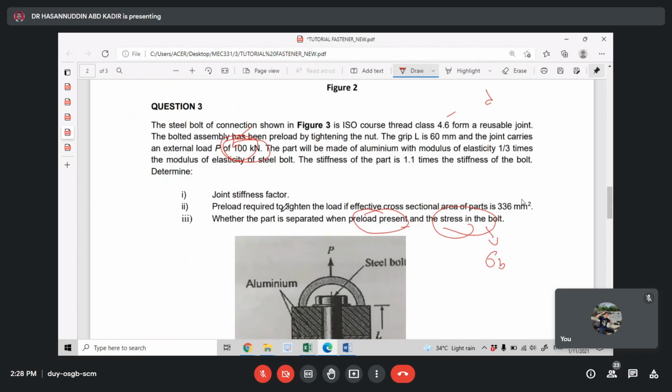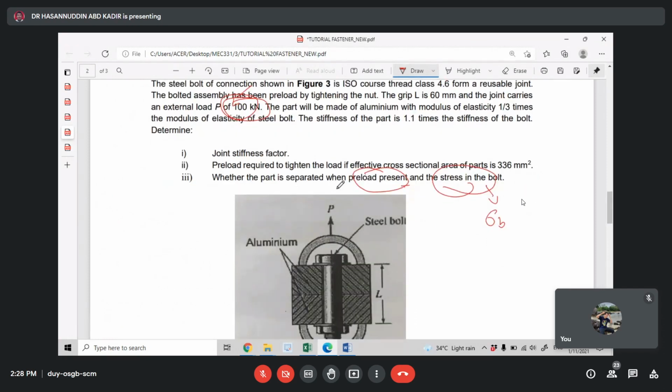Sebab in this question they ask whether the part is separate or when the preload is present. Beritahu kat sini, kita akan guna preload yang tadi yang atas tu. Lepas tu masukkan the force yang baru, force untuk cari part pula, force part for FP. Okay, lepas tu number 2 pula dia ask for the stress in the bolt, so you need to find the